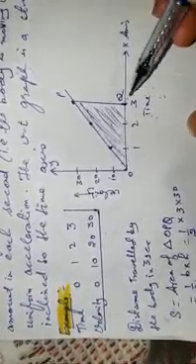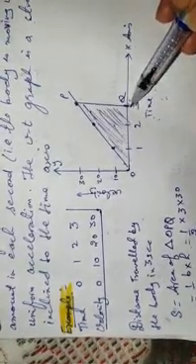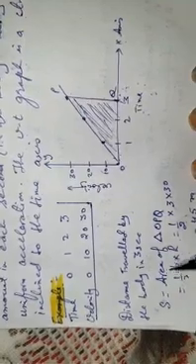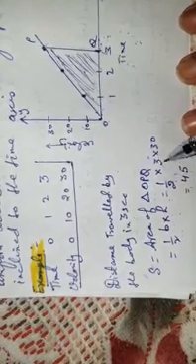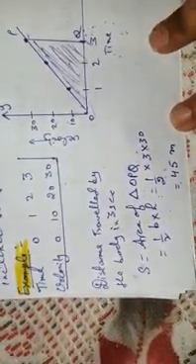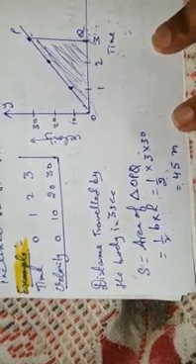Now you see this OP line is inclined to the time axis. Now what will we find? Again we have to find the distance travelled by the body. Now I am finding the distance travelled by the body in 3 seconds. So what is the formula? It is equal to the area of the triangle. See, it is in the shape of a triangle OPQ, and we know that the area of a triangle is equal to half base into height. Half into base, you see this 3, height till 30. So it will come 45 meter. Like this we can find the distance from a given graph.